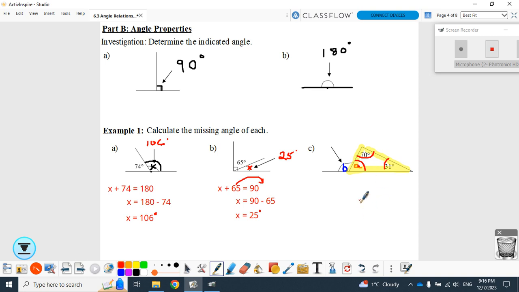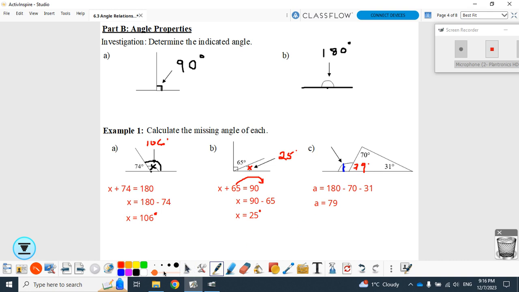Now we do know that A plus 70 plus 31 has to equal 180 degrees, doesn't it? So A is going to equal 180 minus 70 minus 31. That just means A is going to be 79 degrees. So right in here, we can say, okay, this is 79